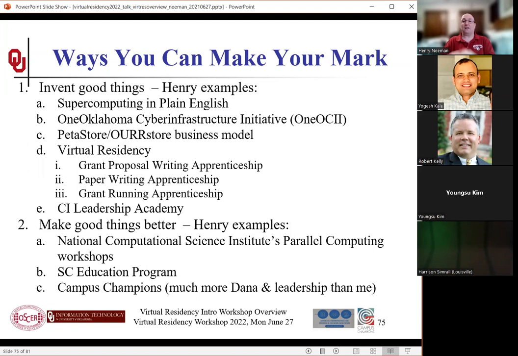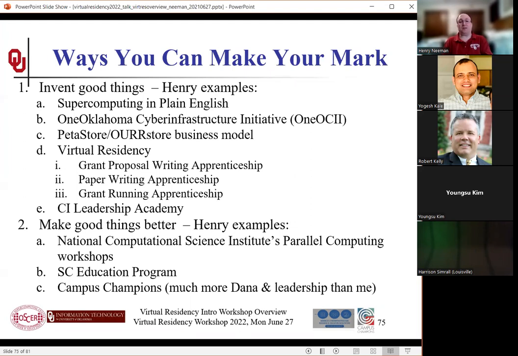These are all things, and this is not an exhaustive list, but this gives you the flavor of it. We can create new things just by thinking through, well, what do our researchers need and what are their constraints? The Cyber Infrastructure Leadership Academy, which was an offshoot of the virtual residency. All of these things, if we hadn't invented them, they wouldn't exist. But we invented them, and now they can get better and better by the community building onto them and building them up, right? Dirk invented the Cyber Ambassadors program out of thin air, right? He had an idea, he turned it into reality, right?